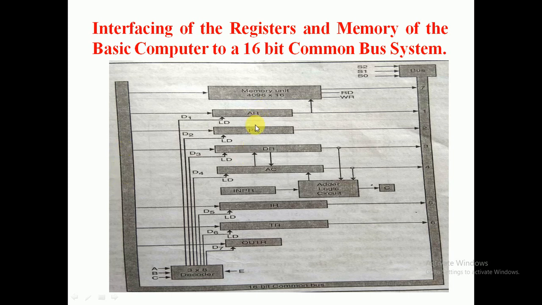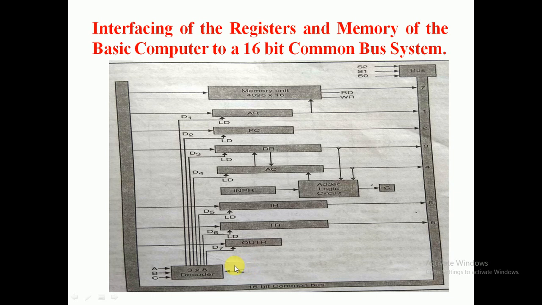information to the input of these registers and memory, and these output data lines are used to transfer the information from memory or these various registers to this 16-bit common bus. And the selection of these registers and memory at the source end depends on this multiplexer combination inputs S2, S1, S0, and the destination register selection depends on this 3:8 decoder, and this decoder's enable/disable depends on this E